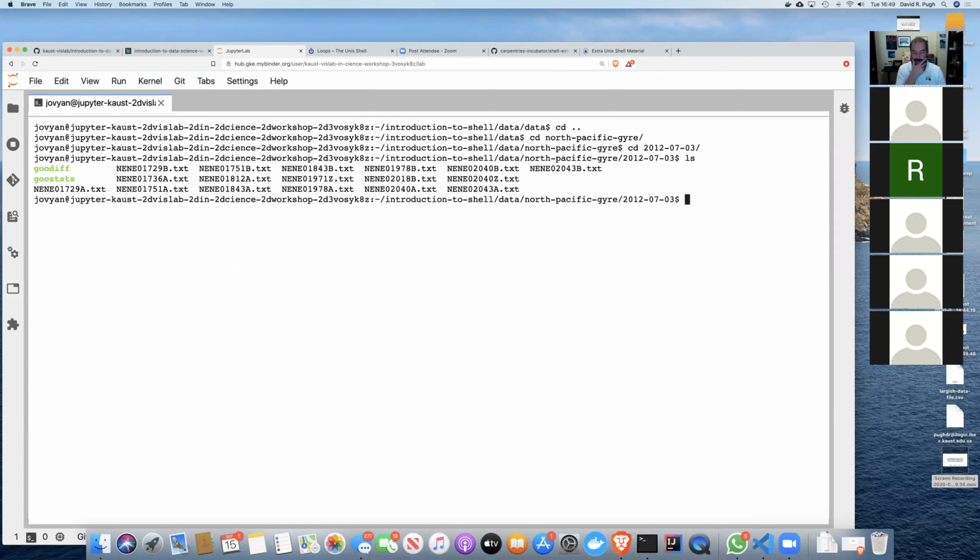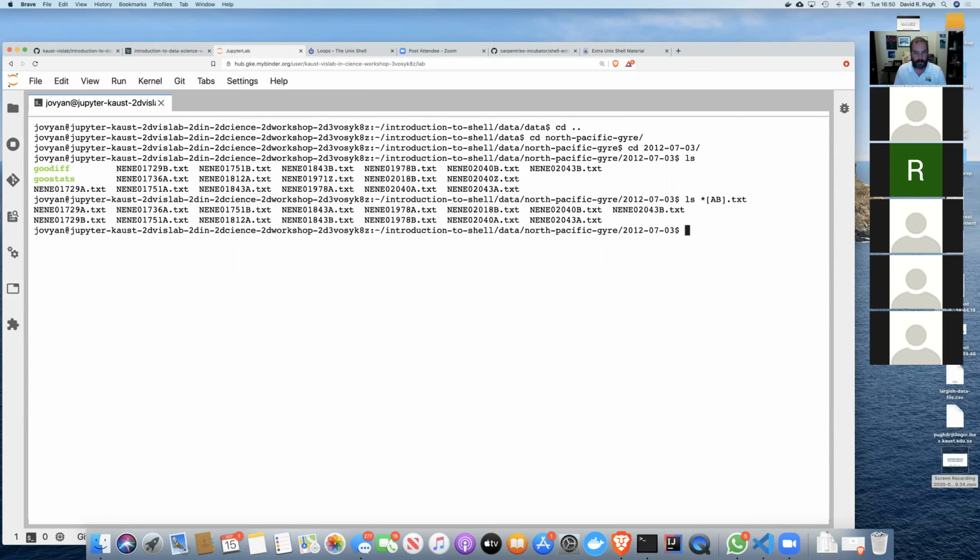So we have all these files, and earlier we worked out that the files that we needed to process were the files that match this pattern: ends in either A or B dot txt. So now we understand the basic idea of a for loop. We could do something like: for file name in star AB txt,